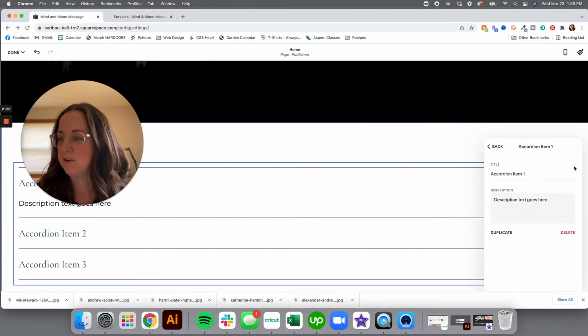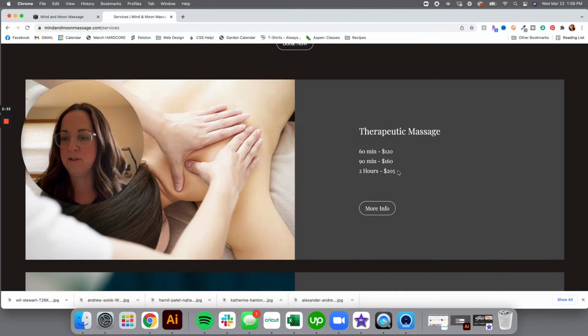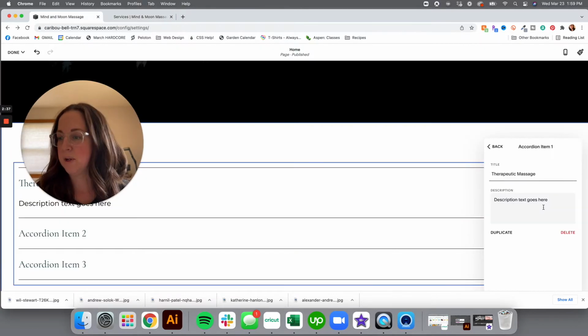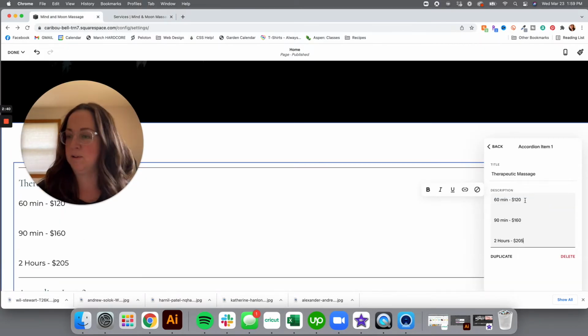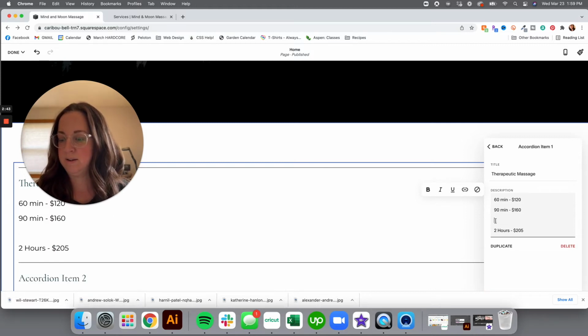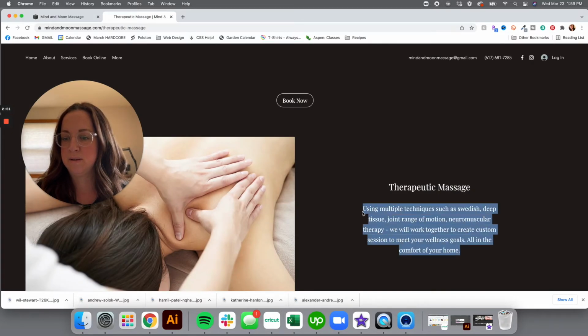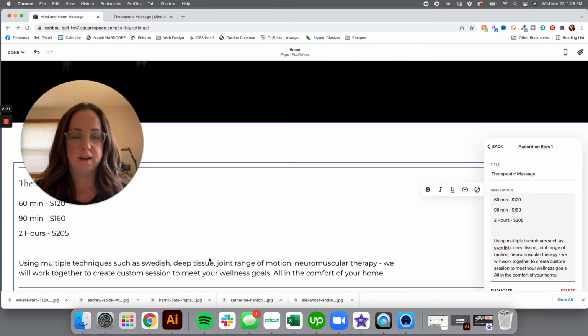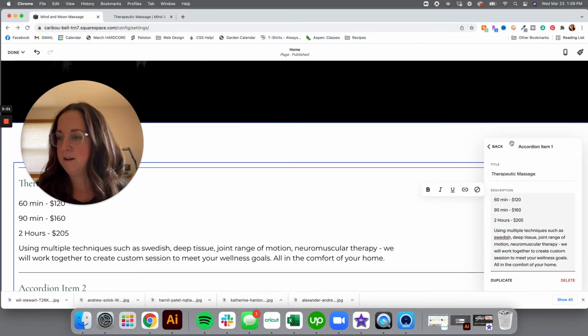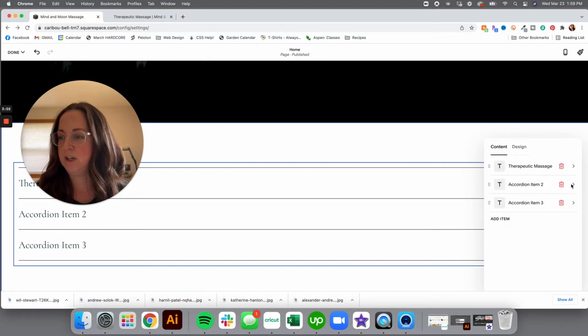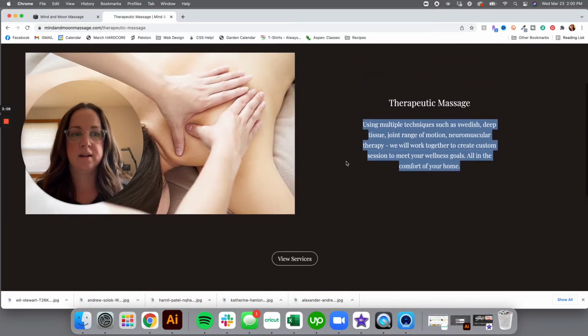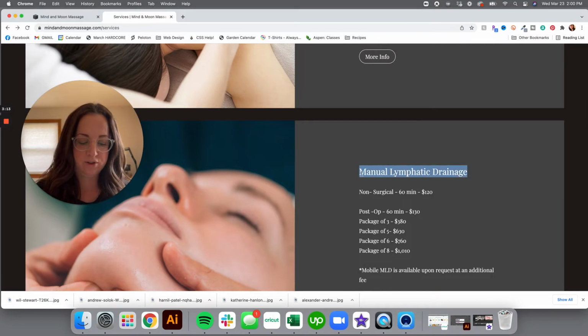And we're going to go into this first accordion item, and we're going to change the name to therapeutic massage. We're going to grab her rates, and we're going to go back in here and put those in here. And then finally, we're going to grab her service description and put that in here as well. And I got a little too much space here. Now we're going to go back, and we're going to change the second one, manual lymphatic drainage, grab her rates,